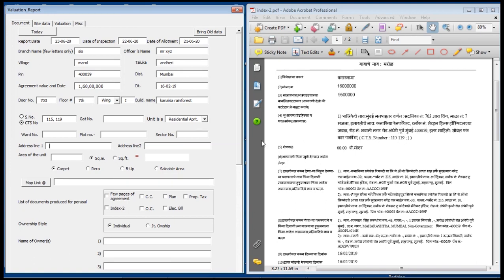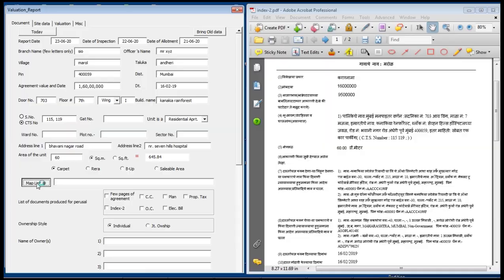Here we will write the address in two parts like this, and this. Here the area of unit: click the appropriate button here, carpet, built up, RERA carpet or sellable area.